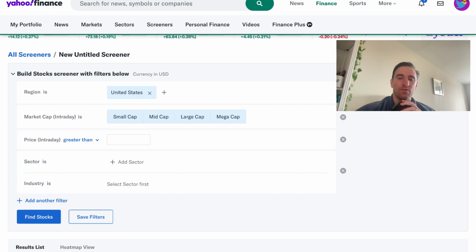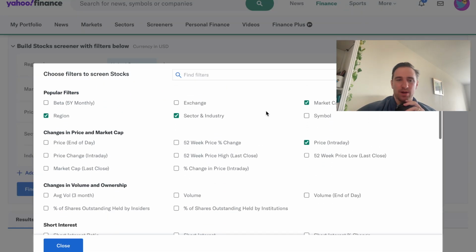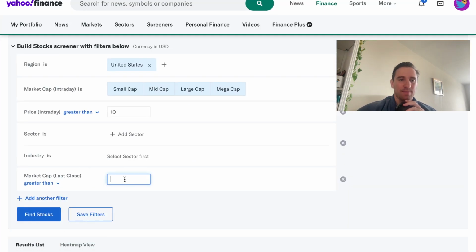That gives us 12,595 stocks. And say we only want stocks that have a price that's greater than $10. Now we're down to 5,300. And let's add another filter. And how about we add a filter that is called market cap? Okay. And how about the market cap has to be greater than 50